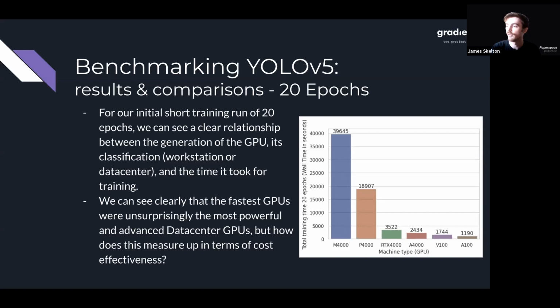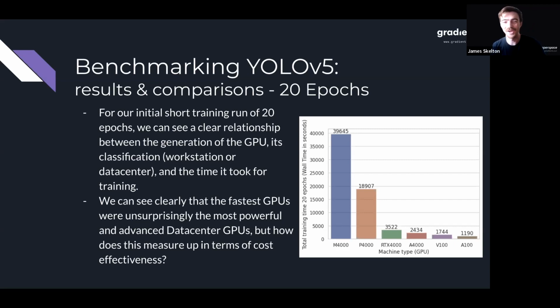Okay, so let's look at our first results for 20 epochs. This was the experiment that I did across all of the different machines. And I wanted to see if I could find a relationship between the type of GPU and the time it took for training, just on a really broad, big level. And I was able to show that there is something going on with the age of the GPU, the generation, the VRAM, and the CUDA cores,